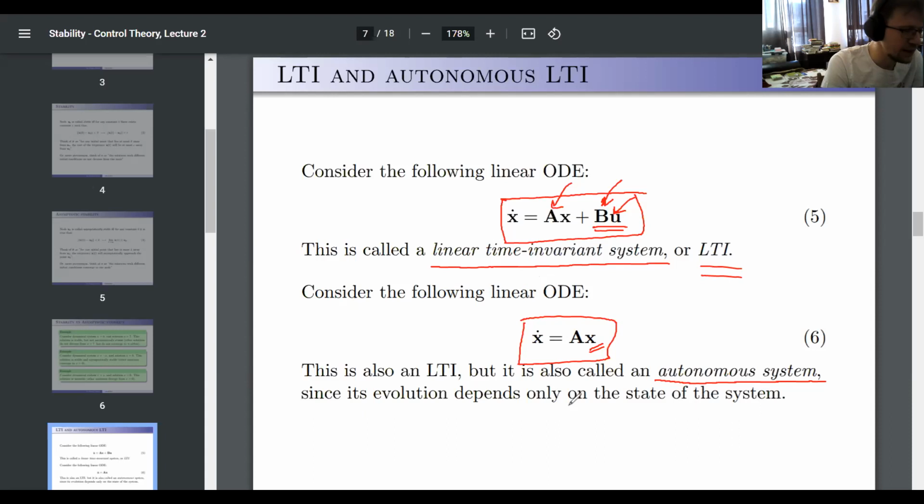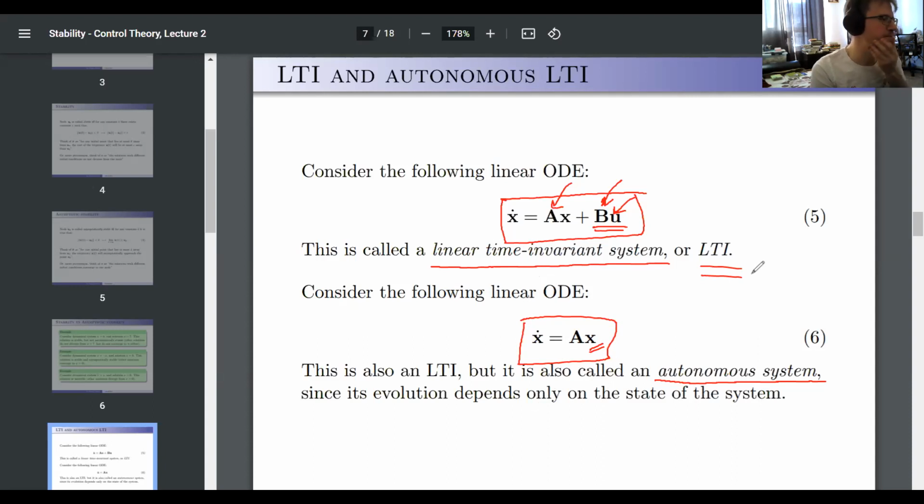Great. And it is nice to remember those terminologies because they're going to be useful, even for our course and in general, because the difference between LTI and not LTI is huge. The difference between autonomous systems and not autonomous systems is also huge. We can only discuss stability of autonomous systems, for example. Like, it does make sense to discuss stability.